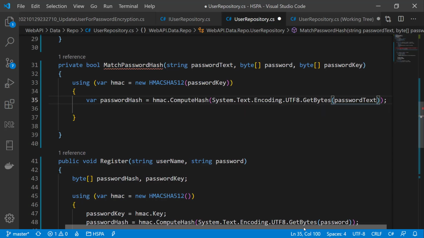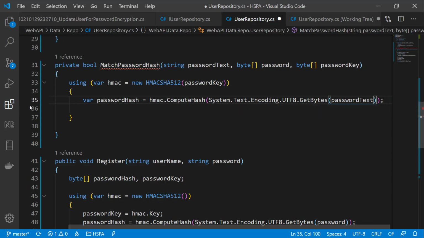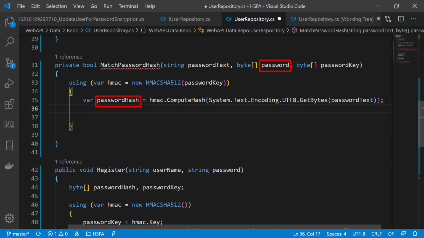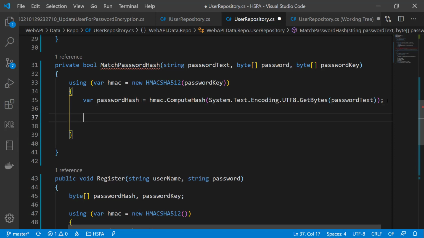Now we have a password hash that we have generated with the same key it was originally generated with. So both the computed hash here and the password hash we are getting from the database should have the same hash value.